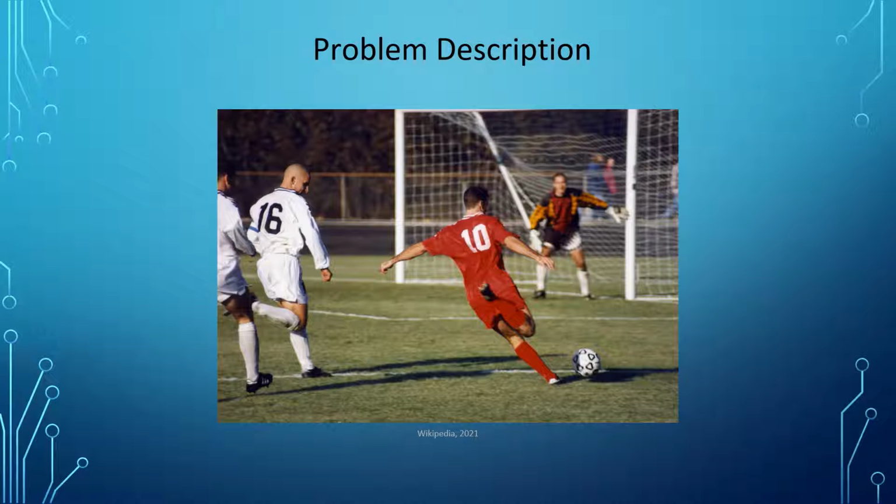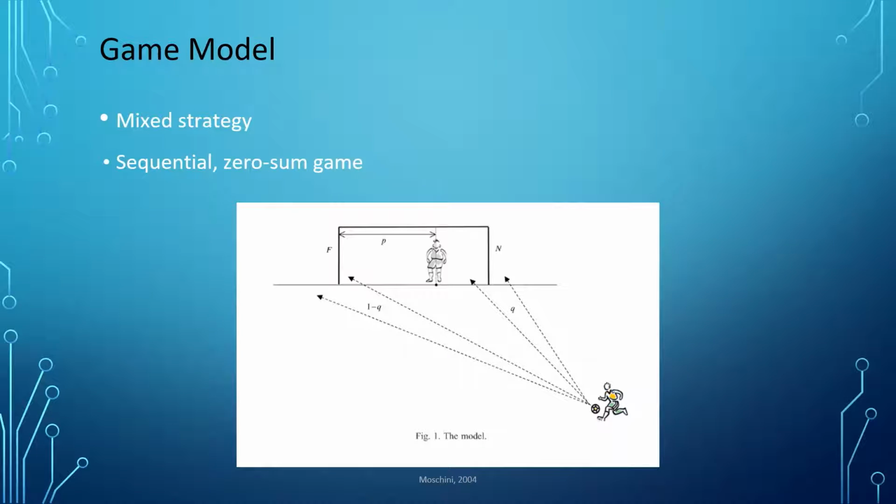Knowing this presumed idea for how to play this one-on-one scenario, the author wanted to apply game theory to this mixed strategy to determine if this is indeed the most suitable way for the shooter and goalie to respond in this situation. With that being said, the author used the model outlined on the slide to conduct his analysis. As an initial framework, the author deemed the scenario to be a sequential zero-sum game. To elaborate on this, the author denoted how the goalie will first select his or her position P prior to